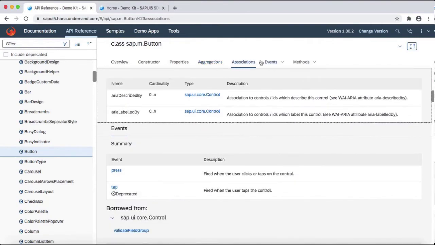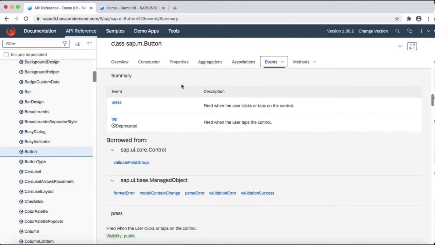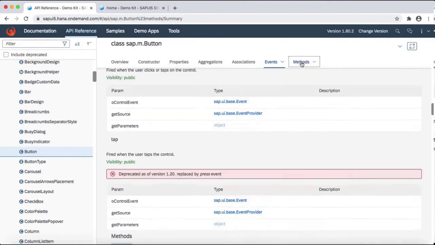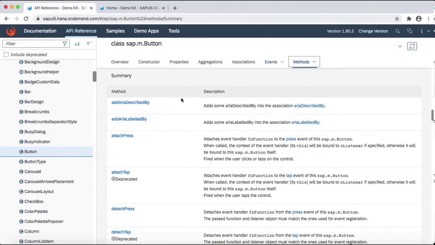Then there is association, which can be used to connect to other controls. Events: there are different events for a control that can be used to provide functionality to that control. We have a methods section that lists down all the methods for that control.